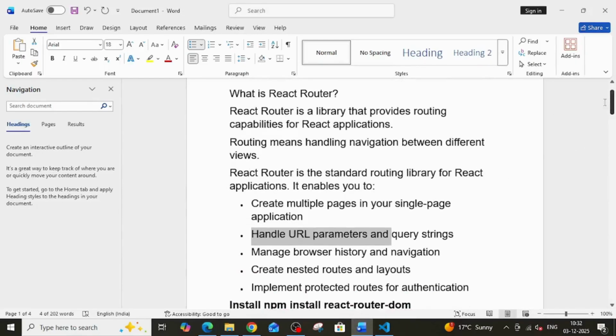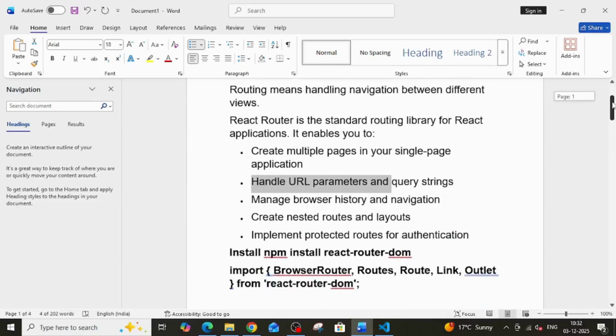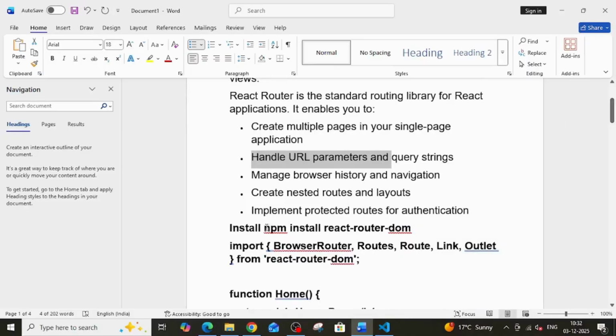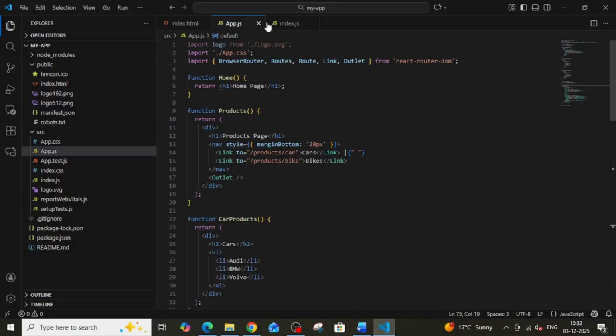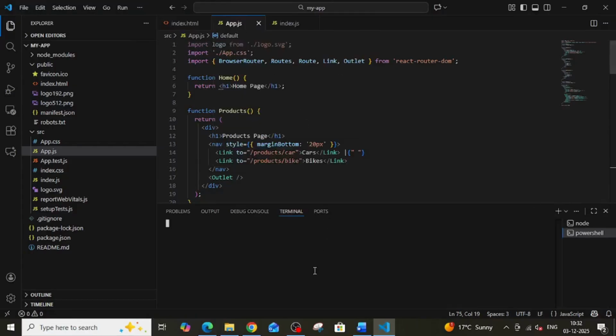So now let's complete that concept about routing. For developing a routing application, you need to install npm React Router DOM. We have already installed it. If you want to install it, just go to the terminal and copy paste